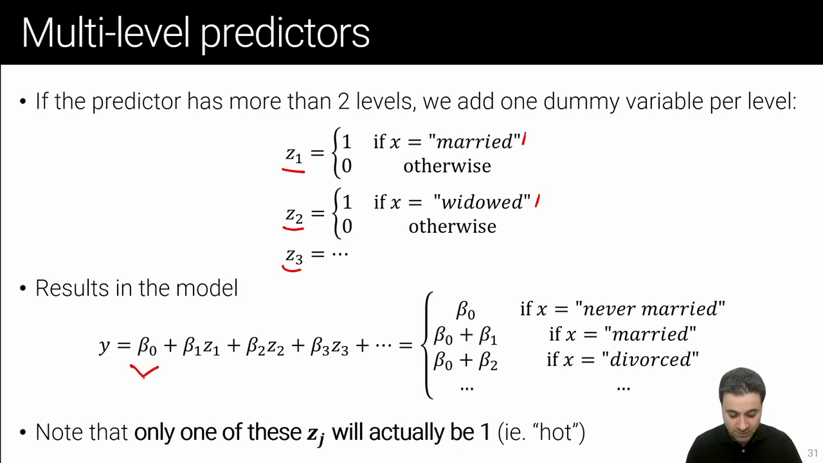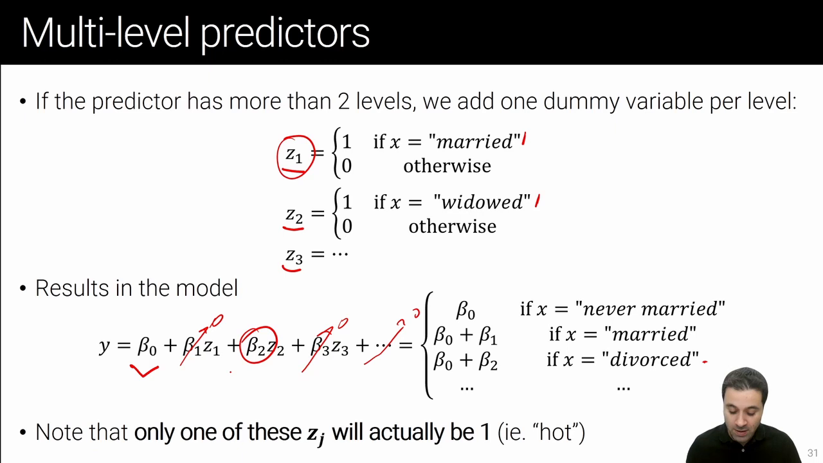We still have beta 0, the intercept, and then we have coefficients for each of the dummy variables. This turns into beta 0 when x equals never married, which is taken as the reference. And then we have deviations from the reference. So beta 0 plus beta 1 if the employee is married. So Z1 would be active, meaning the employee is married, so Z1 equals 1. All the others are going to be 0. If the employee is divorced, then the model is beta 0 plus beta 2, because beta 1 would be 0, beta 3 would be 0, everything else would be 0, only beta 2 would be active, so to speak, or